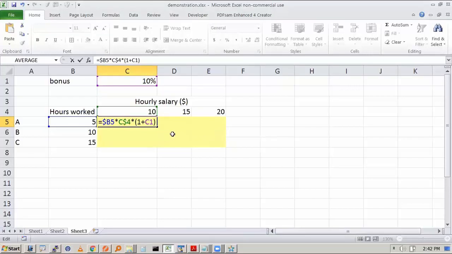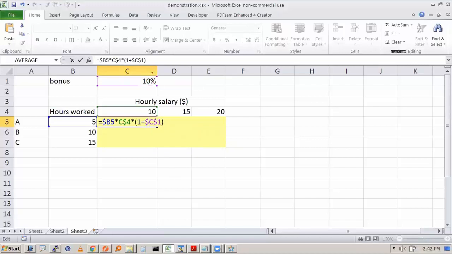Now once we have made it, we'll remove the bonus as of now and complete it. Now focus on this 10%. When you drag it down, should that 10% be changed? No, it should not become 2, 3 and so on. So I have to fix this one. Correct? When I'm dragging it to the right, the C will become D, it will become E. Do you want it to become C, D, E? No. So you want to fix the column. So we will fix the row and we'll fix the column, right?